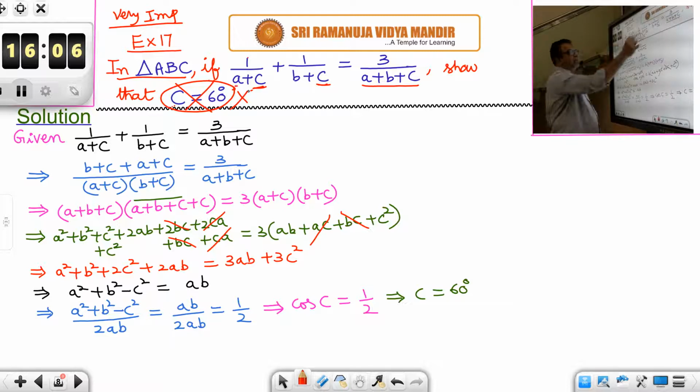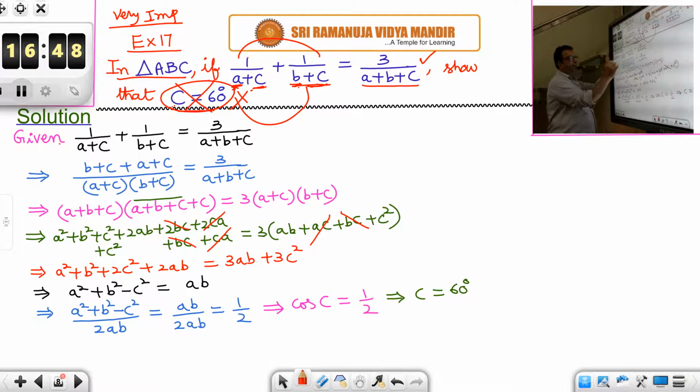Suppose you say a is 60 degrees, then b will come fighting: why am I not 60 degrees? What is the preference? Why are you giving the preference to a? Because it is in the first term. Now write this here and that there, and b is in the first term now. Because addition is commutative, then b should be 60 degrees. That is what is called symmetry. So c is repeated, therefore c must be 60 degrees. But anyhow, let us prove this. This is given, and we have to prove that c is equal to 60 degrees.